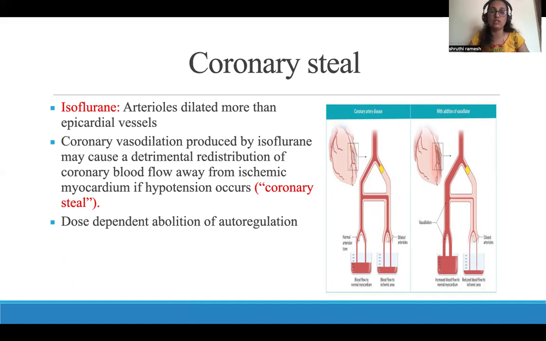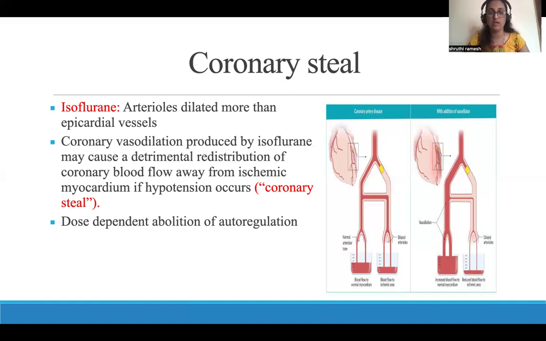In isoflurane, arterioles dilate more than the epicardial vessels. So, whenever we know that there is occlusion in the vessel, the flow distal to it is stopped, and the area which is perfused by the vessel distal to the occlusion is hypoperfused, whereas the surrounding areas are hyperperfused because there is blood which is directed towards the